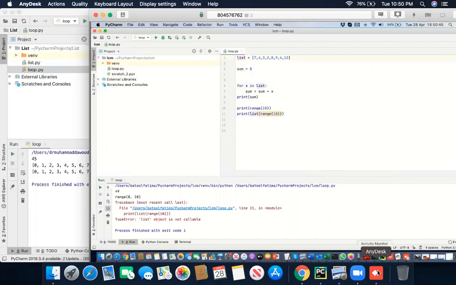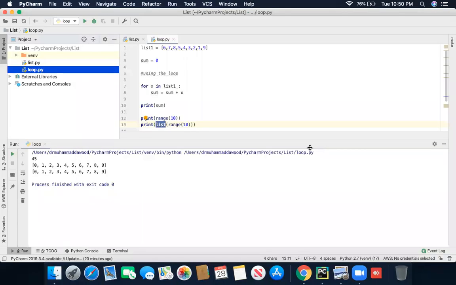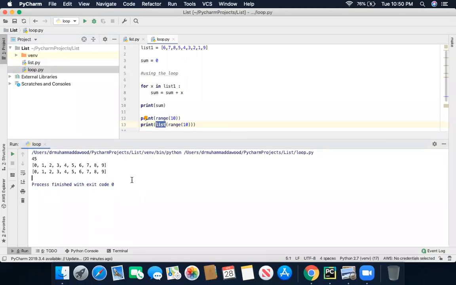Okay. It showed me 0, 1, 2, 3, 4, 5, 6, 7, 8, 9. Exactly. So you're getting the same output that I have.